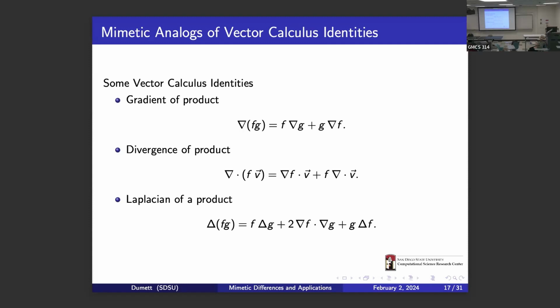So at this point, Jose, you correct me on this because I am not sure. It's my impression that there is no other method that was able to prove this property. I know for sure that the spectral method, which is widely used, doesn't satisfy the property. And also the divergence of a product and the Laplacian of a product. Those are, again, for any F and G, or F and V, or F, G, and so on, these are proved. So we have this.